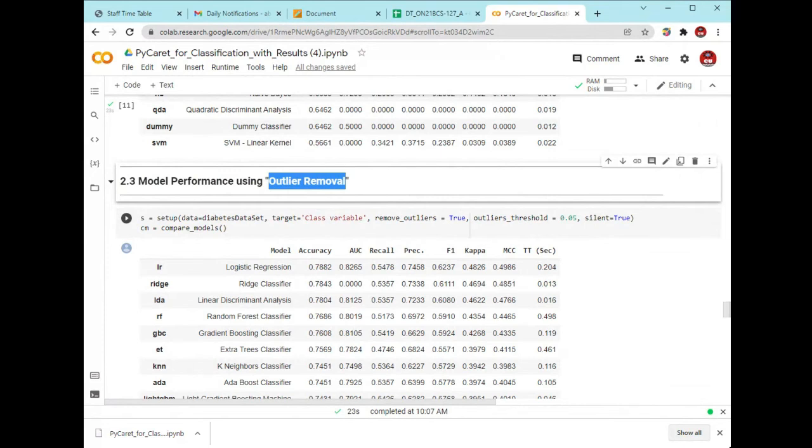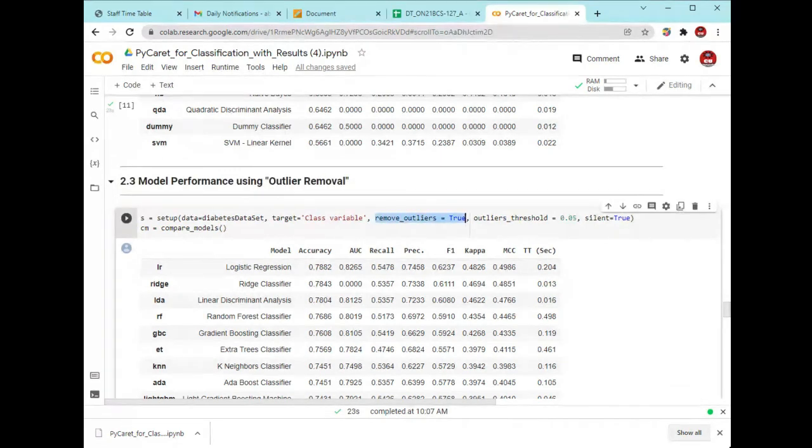Now after that you are using the outlier removal method. So we will set remove outliers equal to true, and we use a threshold value for the outlier removal. The threshold value defined right here is 0.05. Above this particular value, we have to decide whether to select that particular feature or drop it.